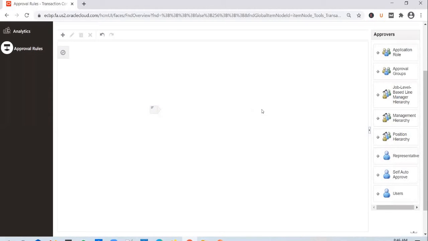Once one of them approves it, the journal gets created. So you can use application role as an approver, meaning all the users who have that application role assigned will get a notification, and they will be able to either approve or reject the transaction. So that's how these approvers work.